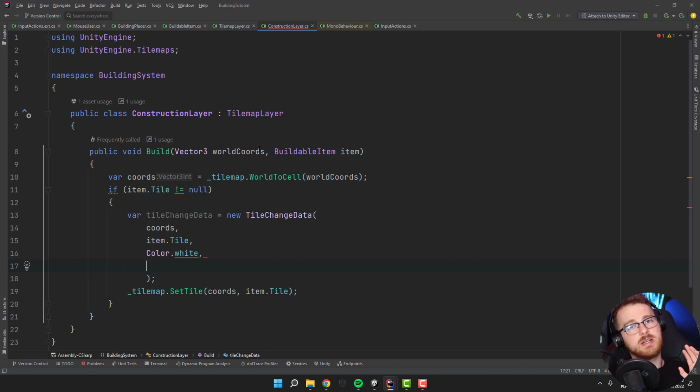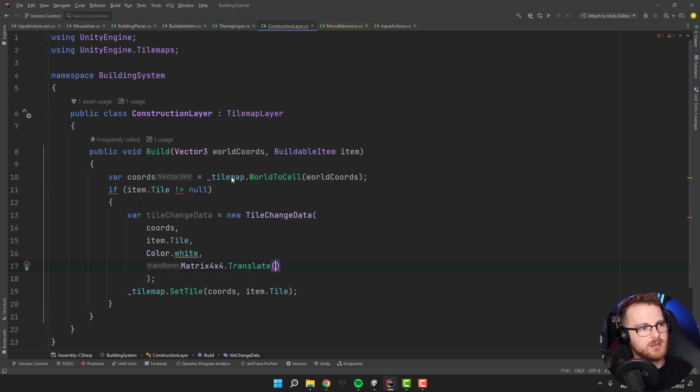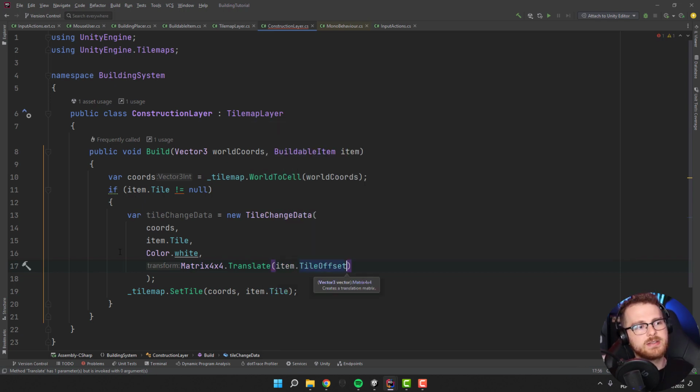I don't really understand the math behind it, but we can simply use the clean matrix and then translate it by a certain vector. So what we can do is, you see, matrix itself has this beautiful method Translate, which requires us to provide a Vector3. And now we have that Vector3. It's called tile offset. So beautiful, we have that. So we can use that instead. Now,